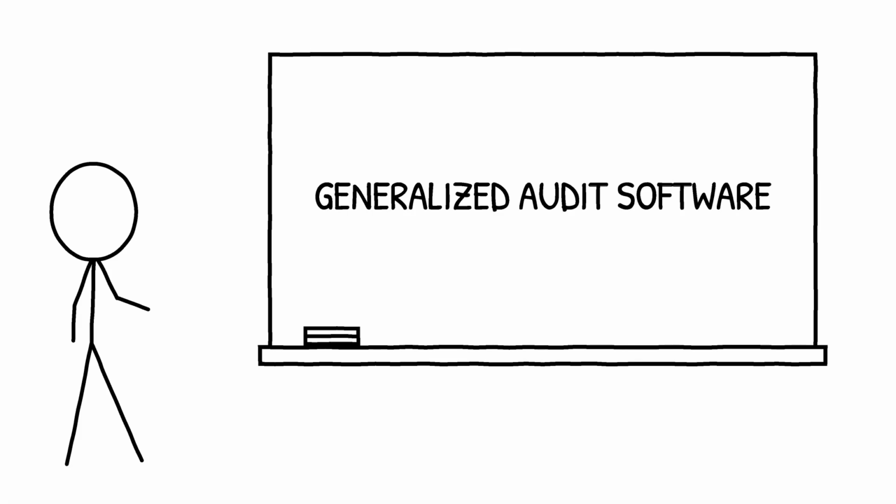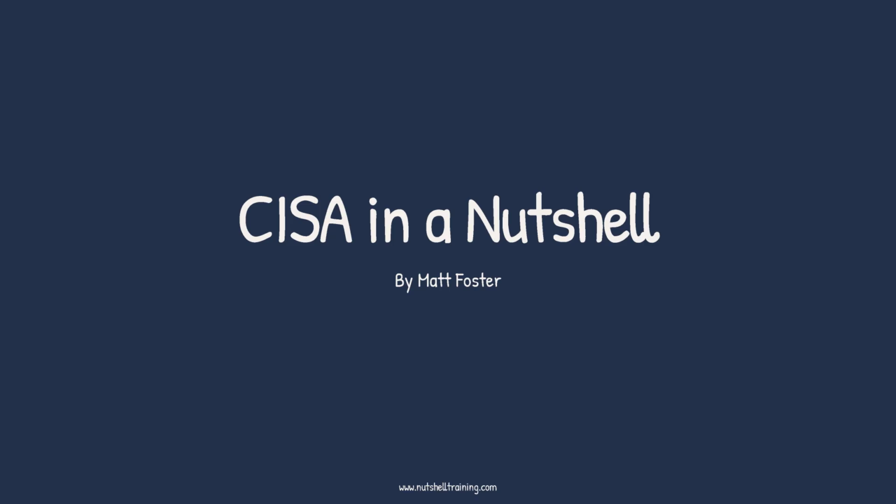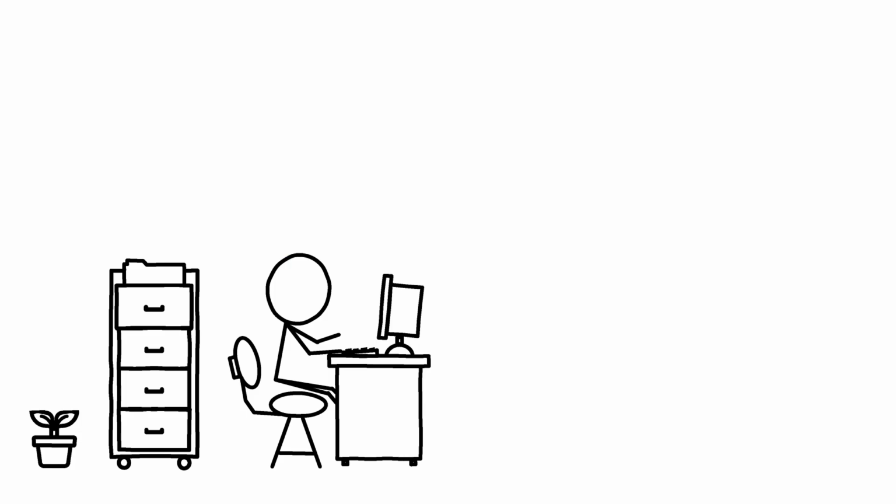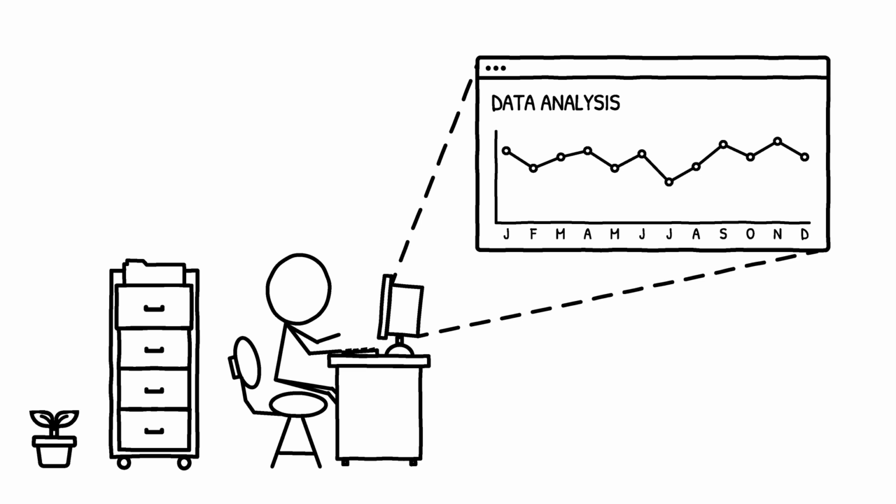Sometimes auditors want to test the entire population instead of taking a sample. One of the best ways to do this is to use Generalized Audit Software. Generalized Audit Software is a tool that auditors install on their computers which allows them to test and analyze entire